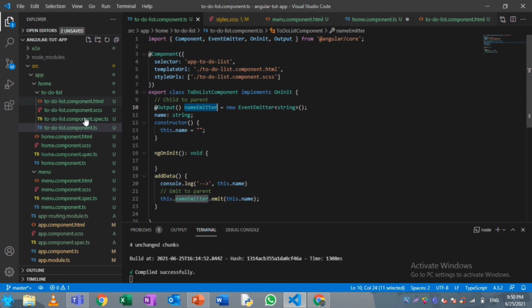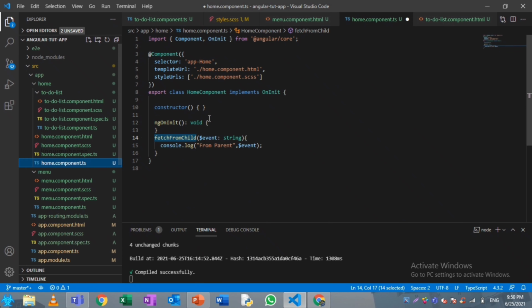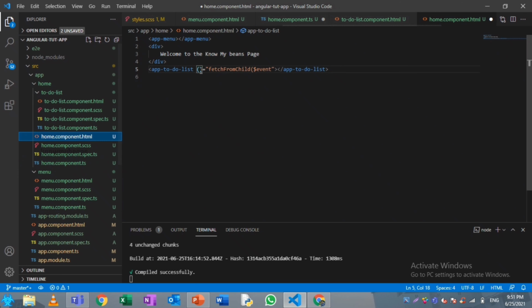So if you have given template type checking, it will throw you errors at the compilation itself. In case not, it will throw you at the runtime if you have given a wrong variable declaration or the variable assigning. So once you have done, you can just save it and compile the program. For your clarification, I am just giving it in a comment how this is represented. So the first one is the output emitter from the child, which is equal to the method in the parent.